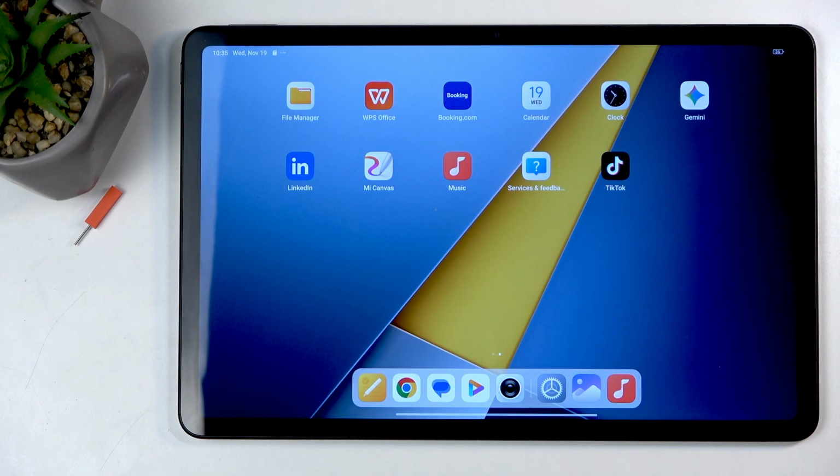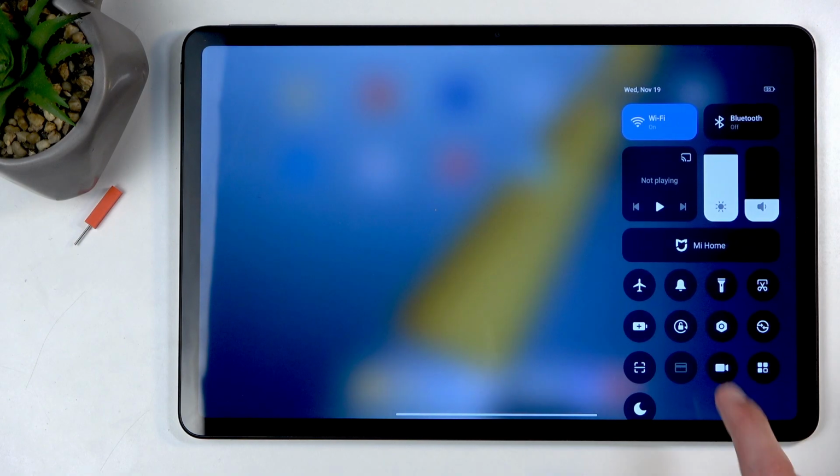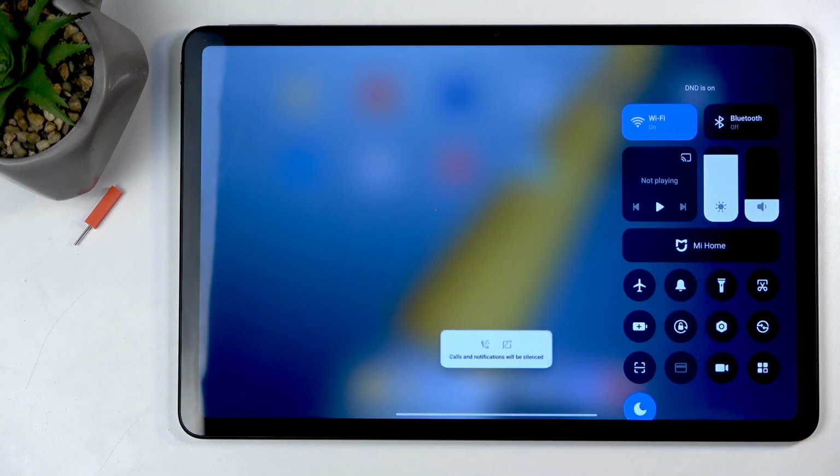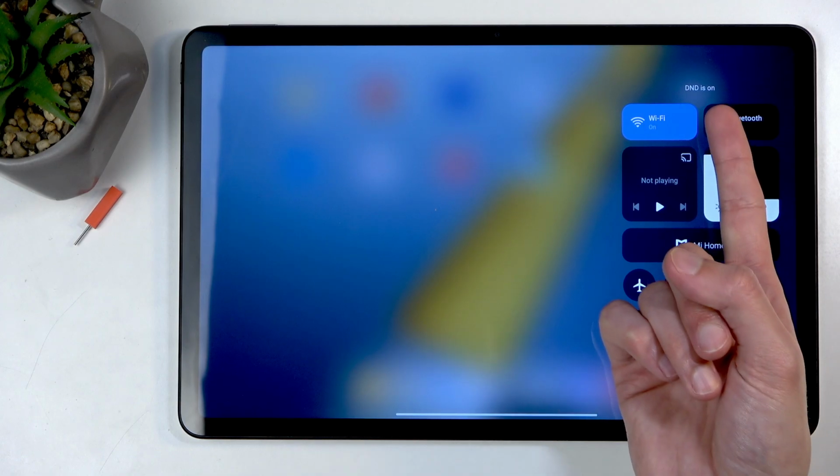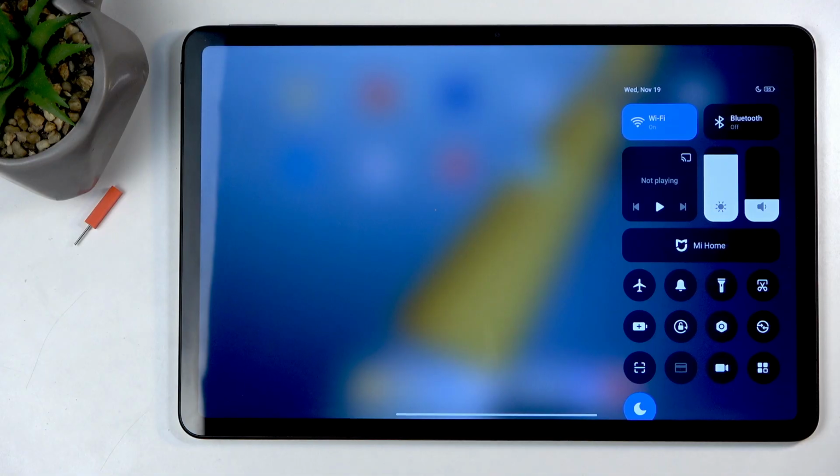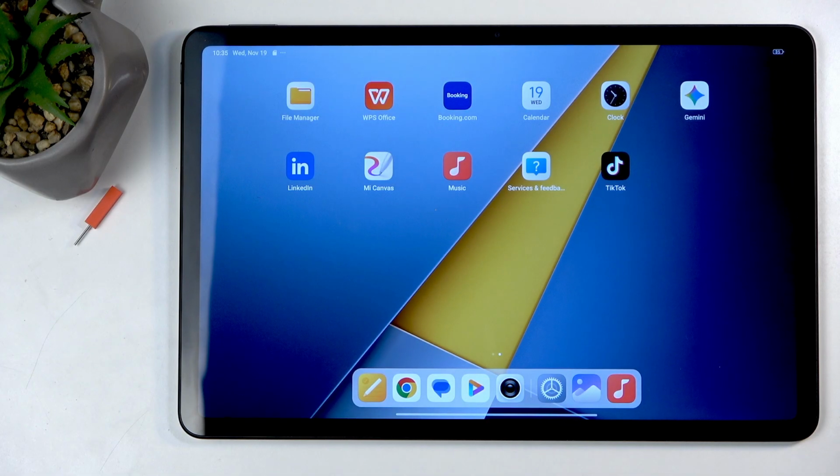But for any kind of manual use, you would just find the toggle and instead of holding it, just tap on it. And you can see it's now enabled. Now when you manually enable it, you will also need to remember to turn it off by tapping on the toggle for the second time. So with that being said,